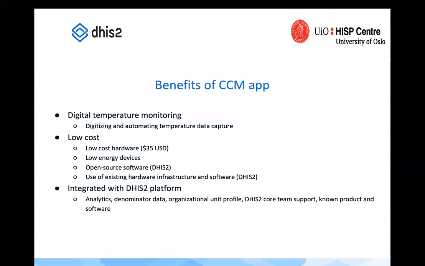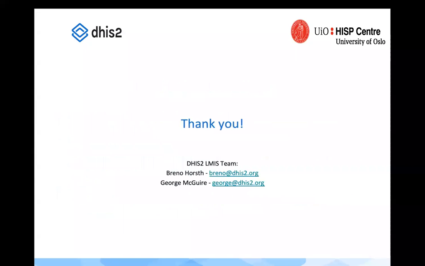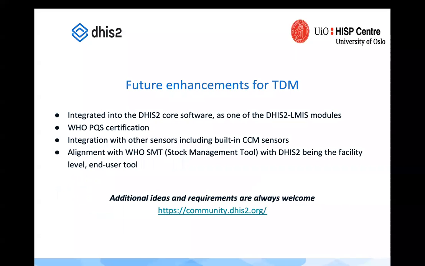So on to the last slide. So then for the future, the previous slide, thanks. So for future enhancements, it would really be confirming the viability of this use case with this pilot, and then incorporating this as a core piece of software, which is natively supported by DHIS2, which is then part of all future updates, making it a dedicated module within